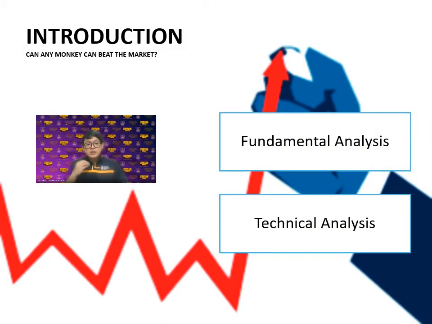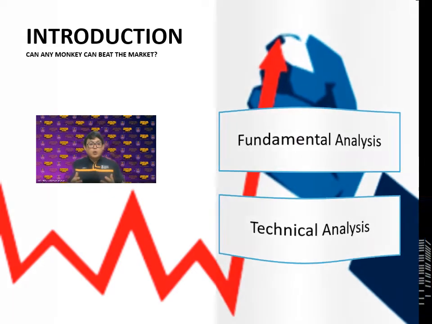When it comes to stock analysis, there are two main schools. The first one refers to fundamental analysis, and the second one refers to technical analysis. Fundamental analysis is all about using concrete information about the company's business, and we try to find the real value of the stock. Whereas technical analysis is concerned with stock market movement and tries to predict what happens next, whether we need to buy, sell, or hold.